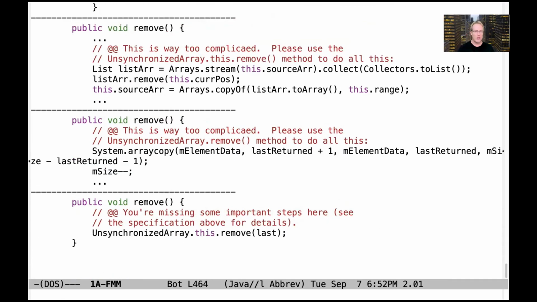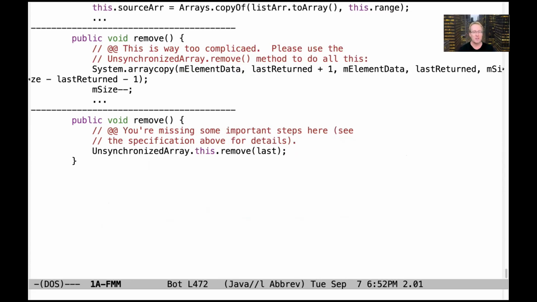Again, another problem, way too complicated. Let the remove method do this for you. That's what it's there for. It's a good example of code reuse. And then finally, here's a remove implementation